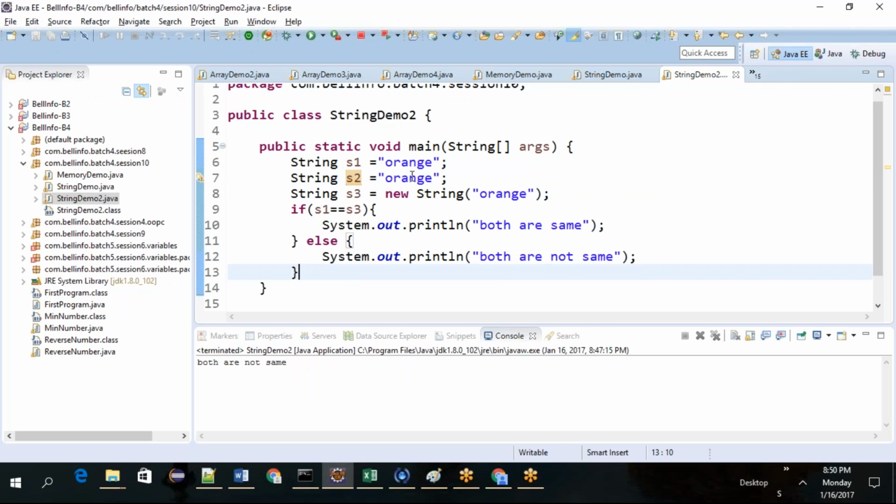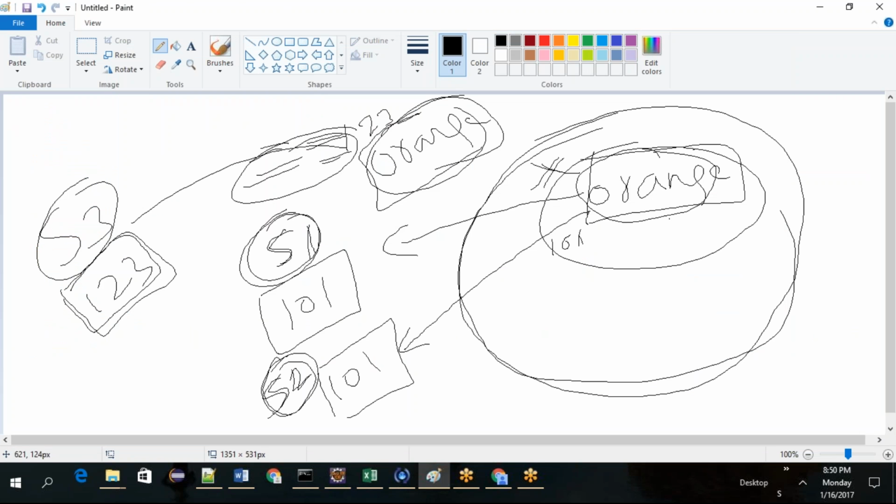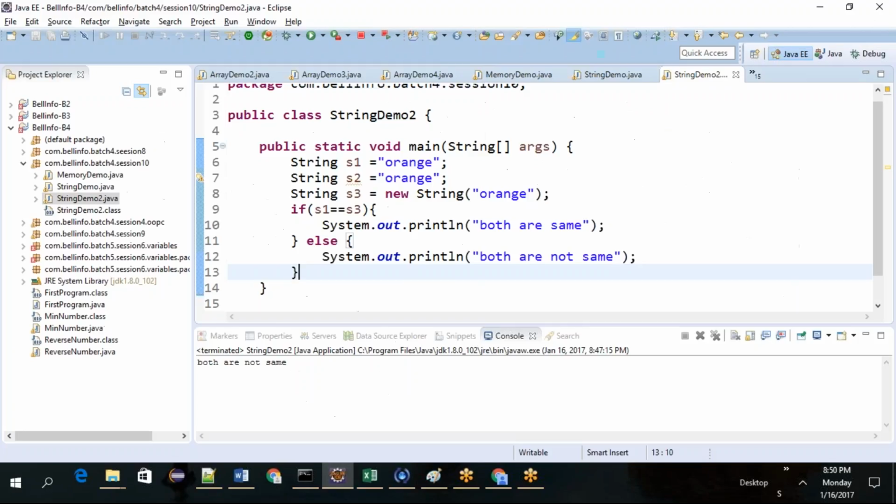So what if you want to compare the object value? Let's say double equals to will be used for comparing the reference variables. You want to compare the object value. How can you compare? Using the equals method.